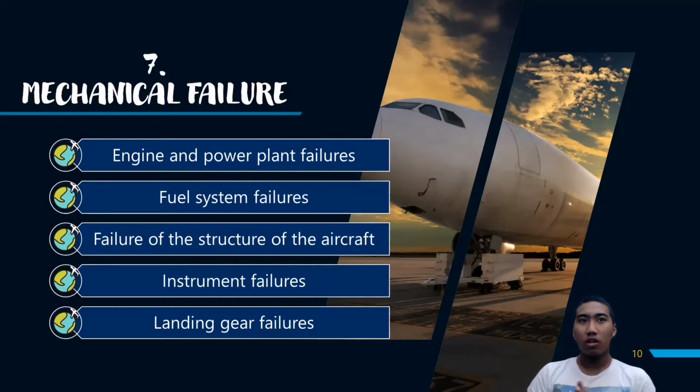Okay, the next is failure of the structure of the aircraft. The design and manufacturing of aircraft are subject to a wide range of federal regulations. The fuselage, landing gear, wings, empennage, and other components must meet rigorous standards of airworthiness. Unfortunately, errors in designing the aircraft, manufacturing its parts, and assembling them can result in structural weaknesses and decreased performance. Left unchecked, this problem can increase the risk of accidents, affecting multiple units in a family of aircraft.